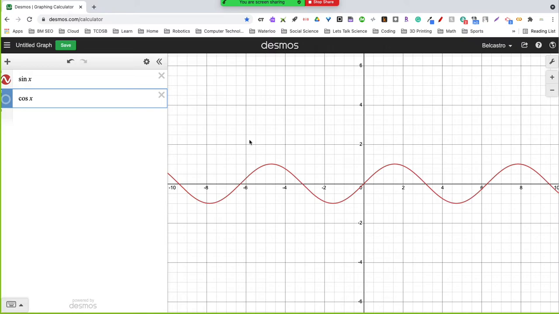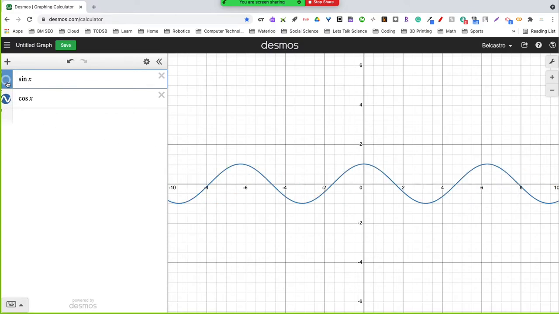I'll hide cos for now. Recall that we're actually being measured in radians at the moment, okay? So to make a full rotation or an entire period of a sine function is 2 pi. So halfway is pi, okay? And we usually start at 0, 0. Where cos is a little different, since 0 is actually at 1,